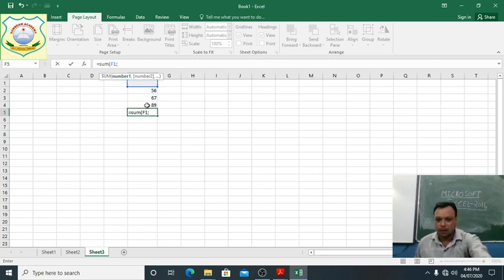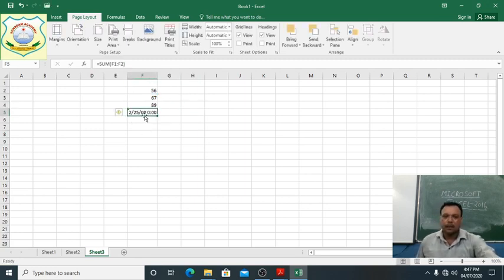Students, this is not a semicolon, it is a colon with Shift, and here F4. Start from this, it shows F1 but it is F2.